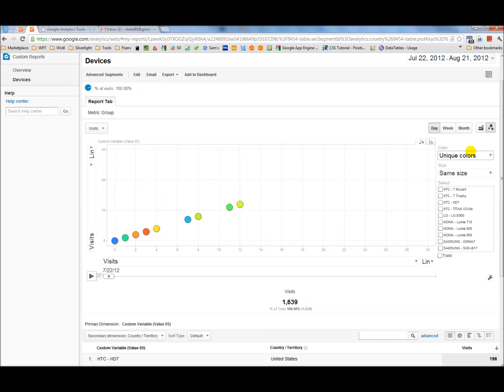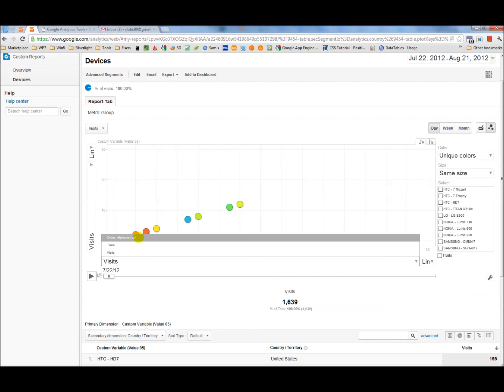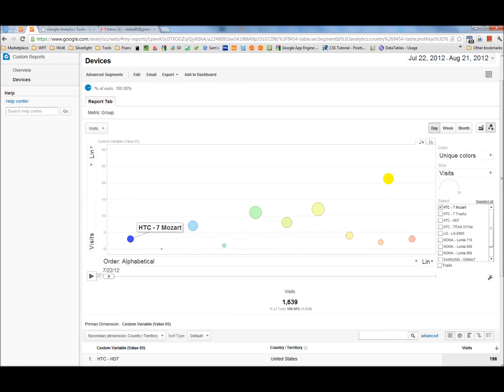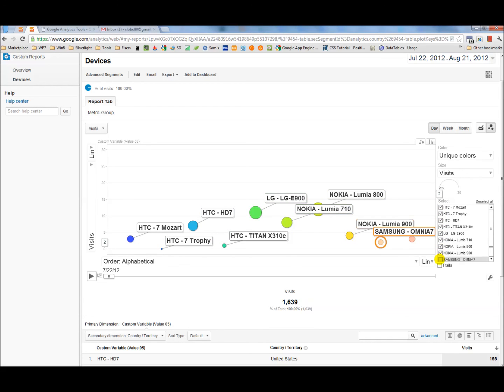In this graph, what you see on the y-axis is number of visits, and on the x-axis we're gonna arrange our devices in alphabetical order. So each dot represents a single device, but we want these dots to be proportionate to the number of visits, so we're gonna make them proportionate. And I want to have each device marked with its name,